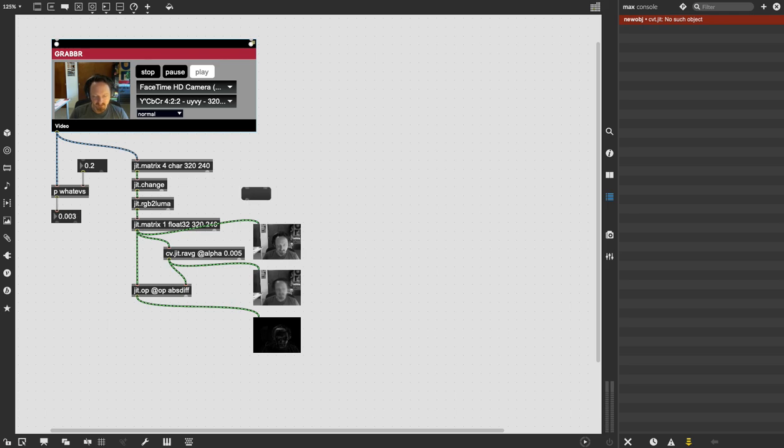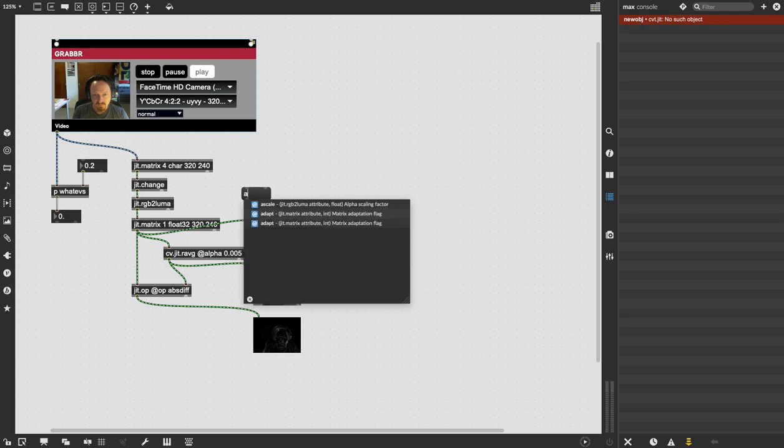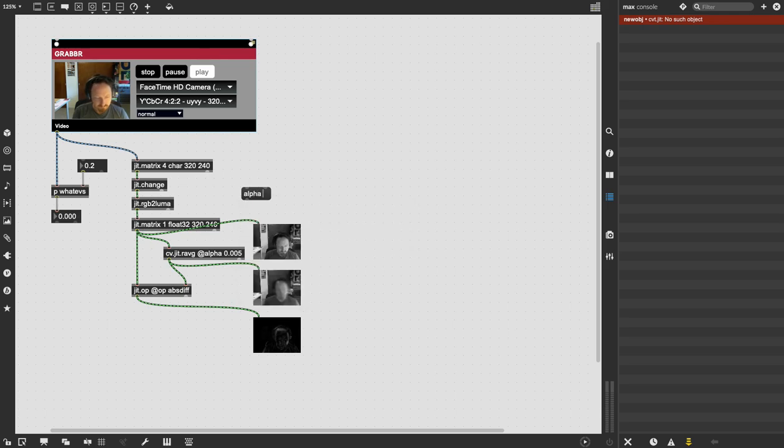Here, we're going to make a message called alpha $1, and connect that to our running average. And you'll recall the $1 is a variable, so we can put a floating point number into our message. So now whenever we change this floating point number, it'll update the alpha here, so we can make it faster